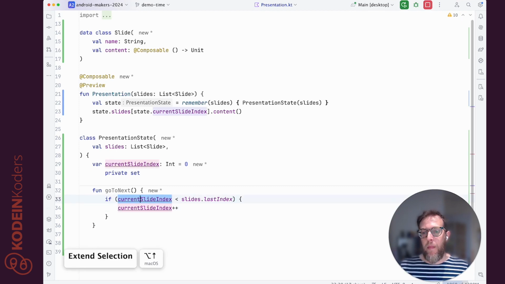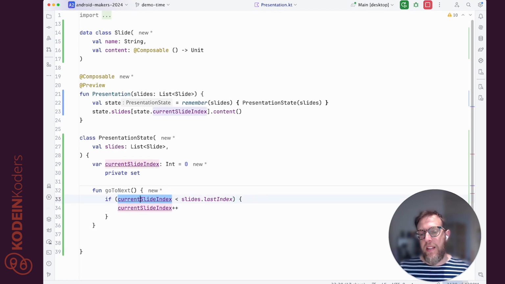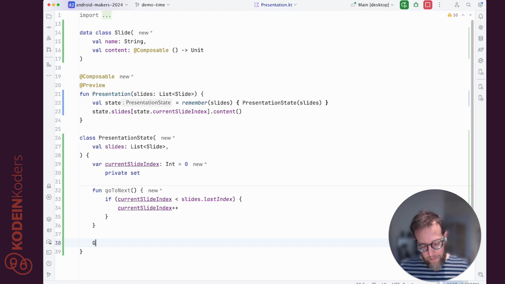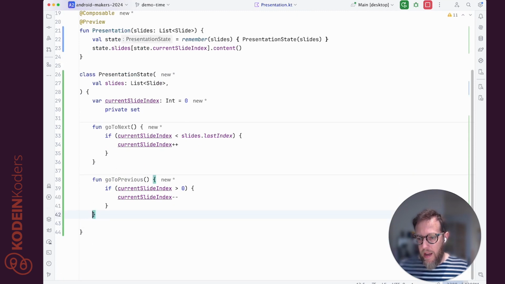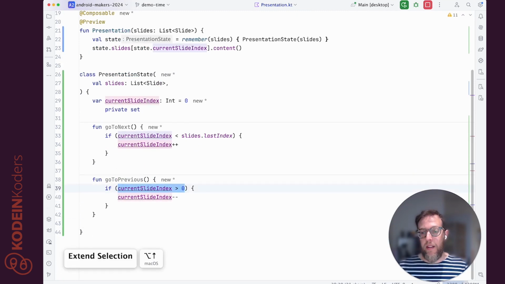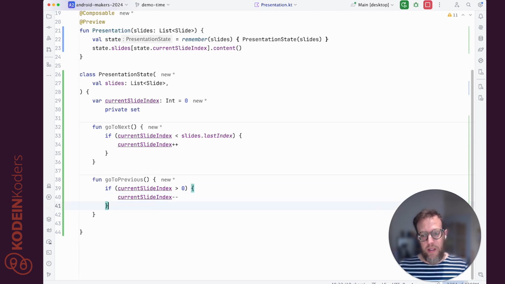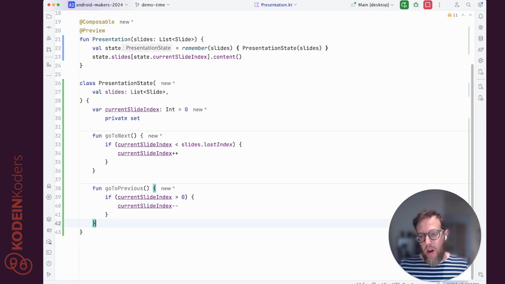So if my current slide index is lower than the last index of my slides, I can go forward. If not, I do nothing. And if I am not on the first slide, I can go backward. Sounds easy, right? So now all I have to do is to bind those functions to something like a key